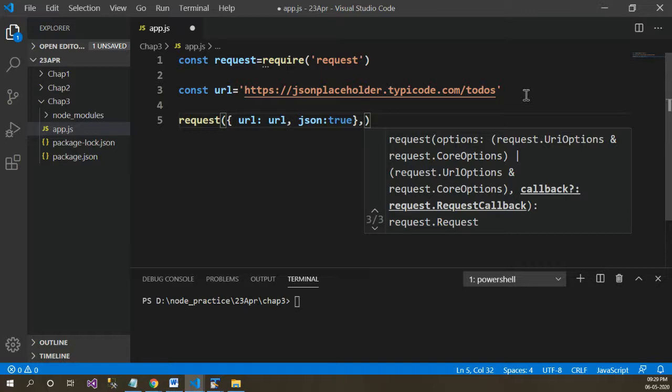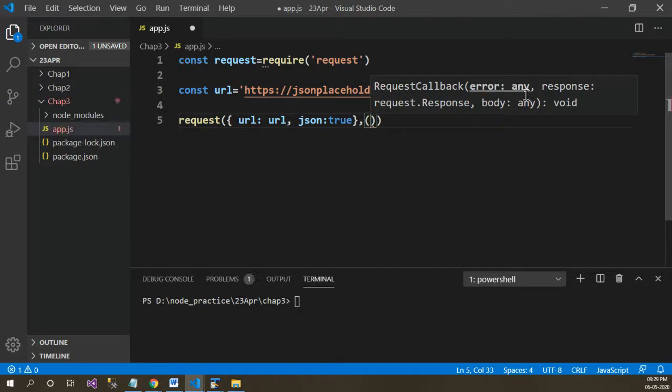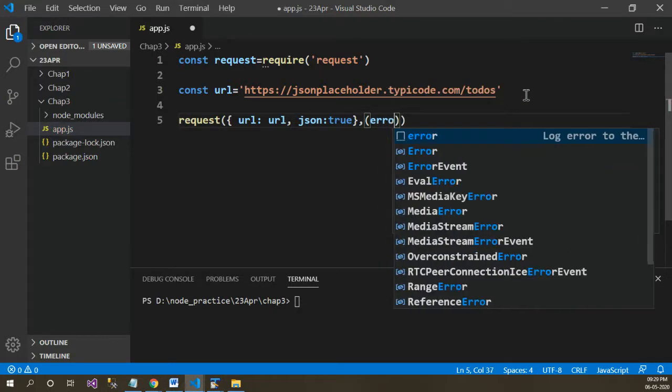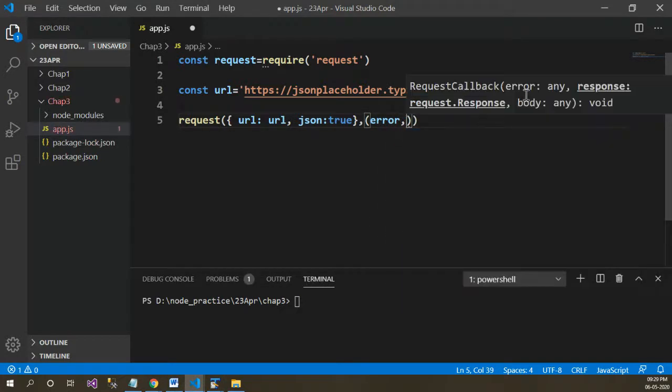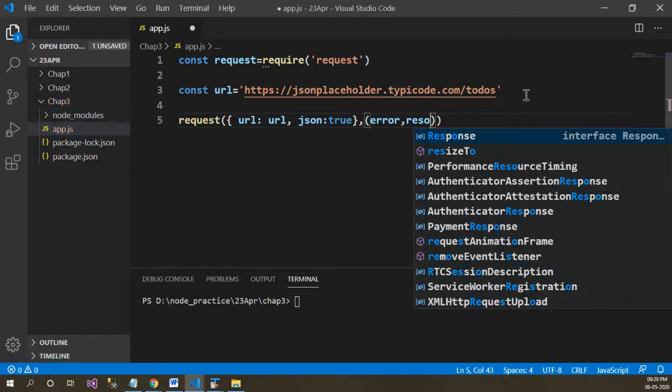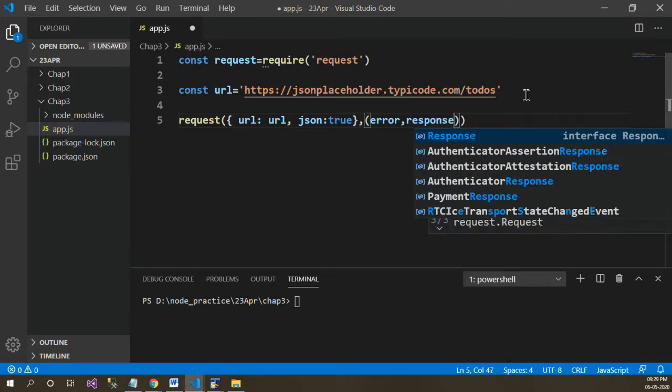Secondly, after providing the URL, something will be returned back from that API. So it could be an error if something went wrong on the API side, or the response. The response is the data that is coming from that API in the JSON format.